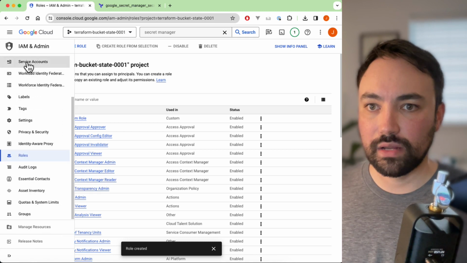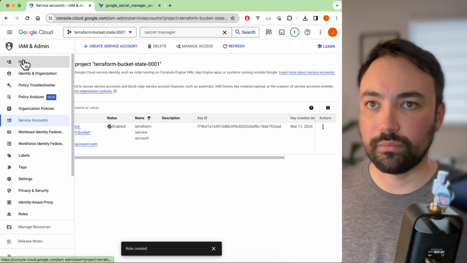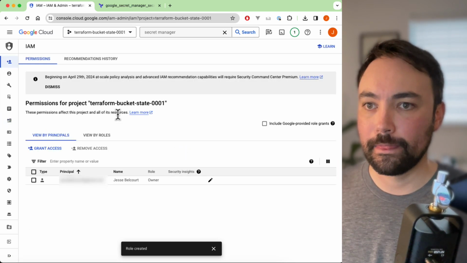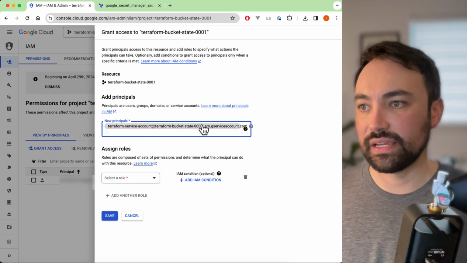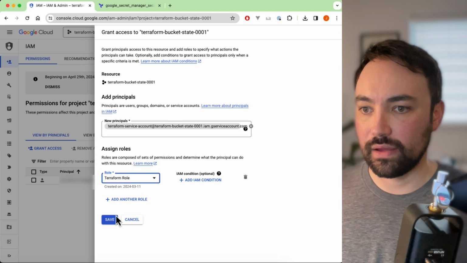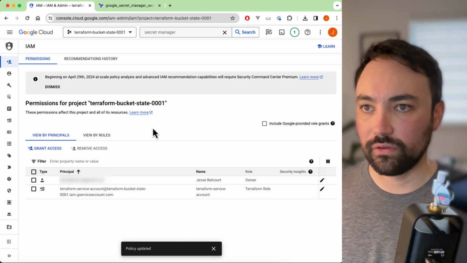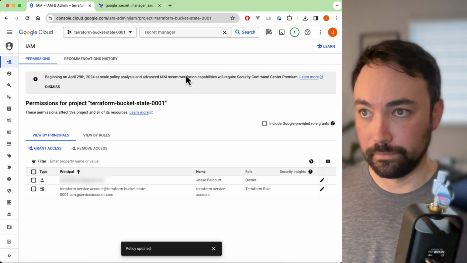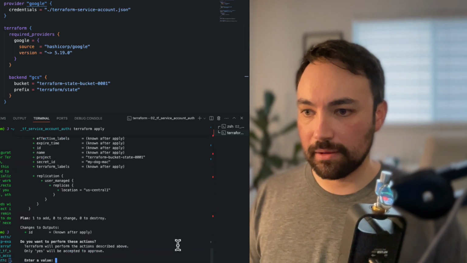All right, and now we want to give that role to our service account. So we're going to go back up here to this IAM section, and we're going to grant access. So we're going to add a principal, and our principal is that service account that we created before. And so now we will want to add that role. We're going to save that. Perfect. Okay, and now we're going to try this again. So if we go back and we run our Terraform apply,